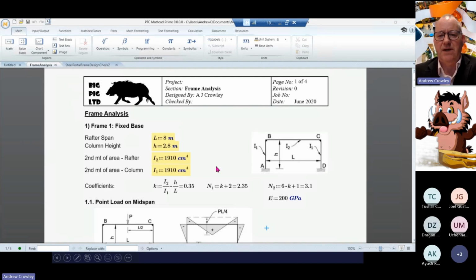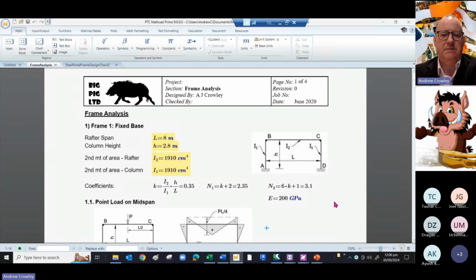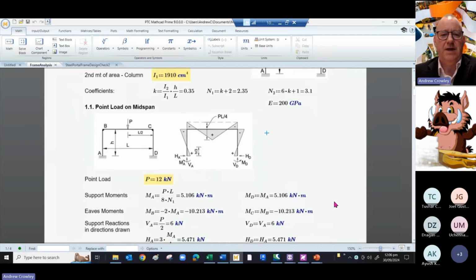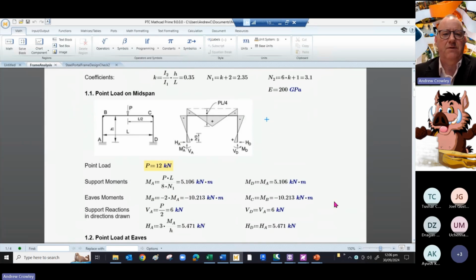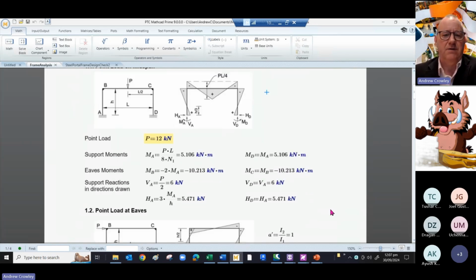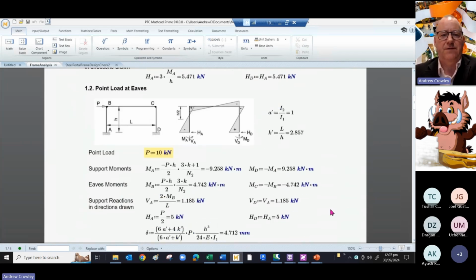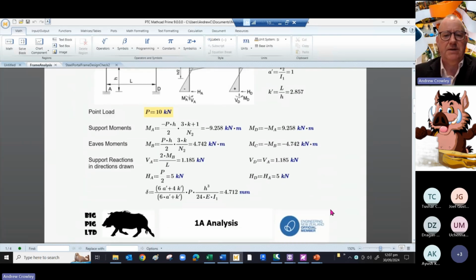Notice we haven't got an E value in here because it's assumed that the E value is constant as well. So you derive the coefficients from the Klein-Logel tables, and from that, depending on what kind of loading you've got and what kind of base support you've got, you can pop out the support moments in accordance with the formulas given. So it's a relatively quick way of analysing a frame,